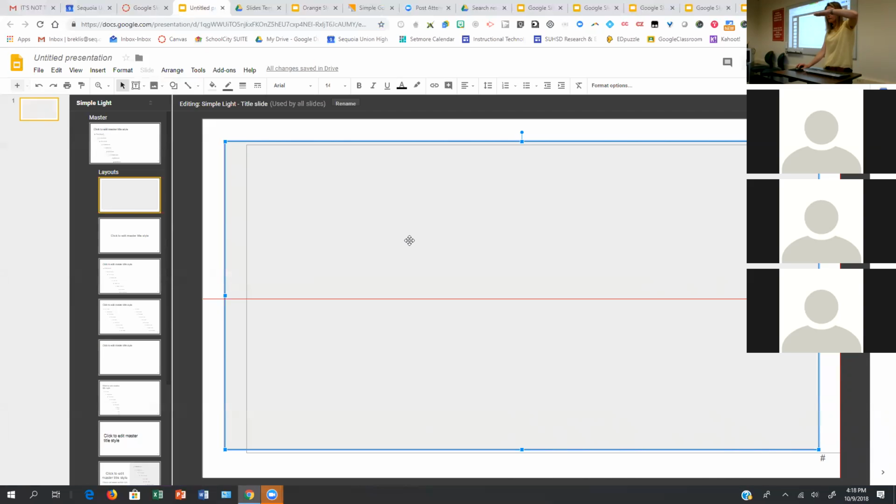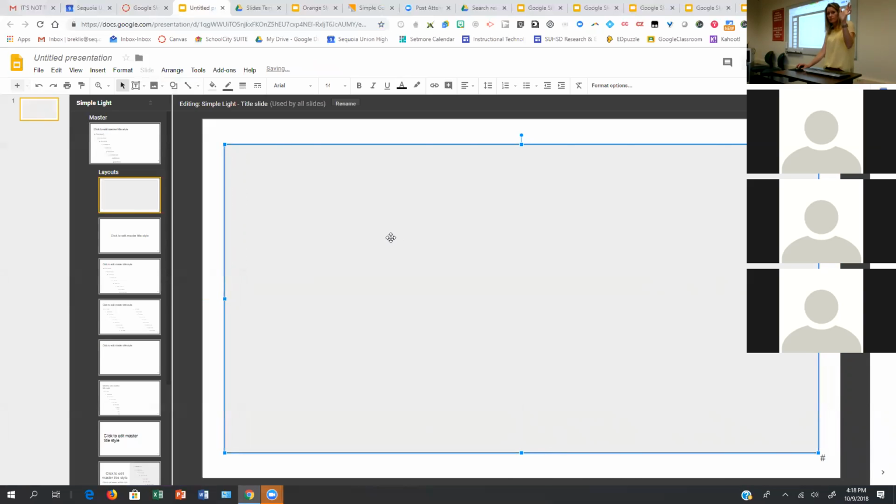So that red line is the center of the slides completely. Now if I move it left and right and I try to maintain that vertical position, then that other red line shows up. So now I have the two red lines that says I have centered my rectangle both horizontally and vertically. Okay, so I'm going to leave it there.